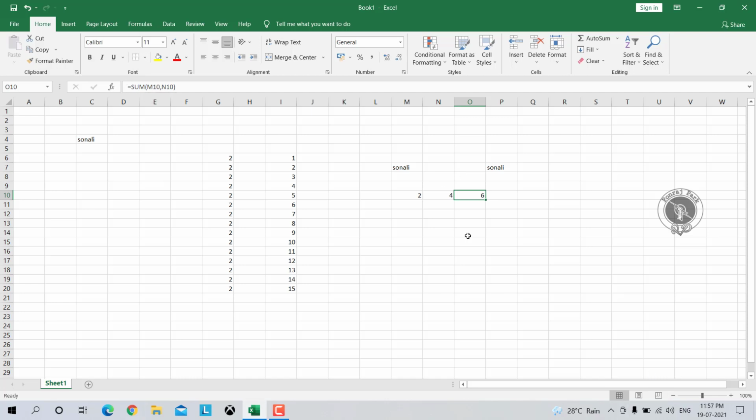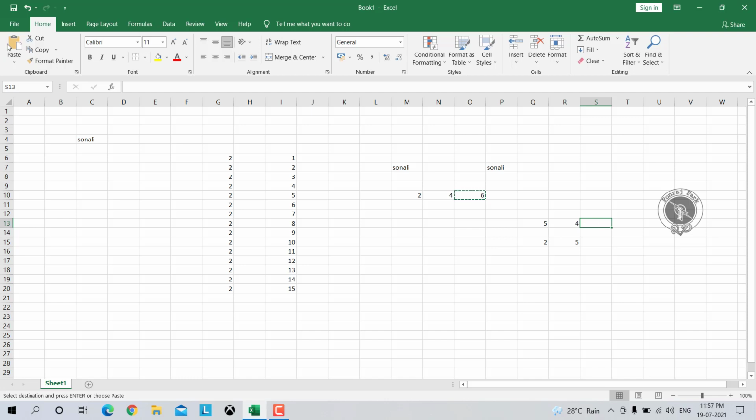Also the formula is visible over here. Similarly, I have here some list of numbers which I want to calculate the sum of. For that, just click on the cell in which you recently used the formula. Now go for copy. Now come to the cell where you want to calculate the sum. So I want to do 5 plus 4.